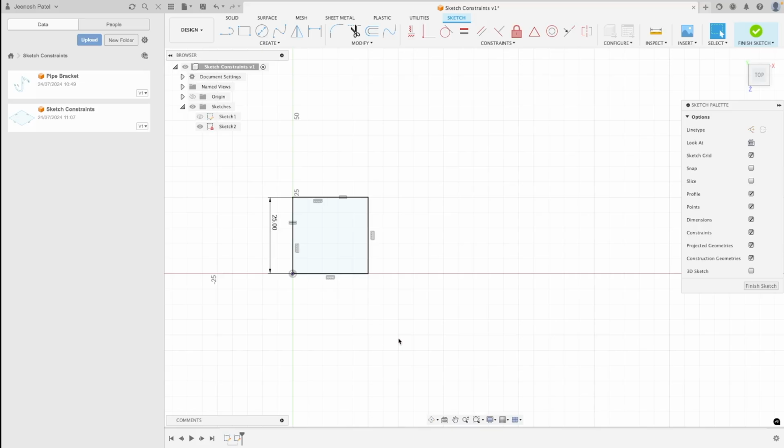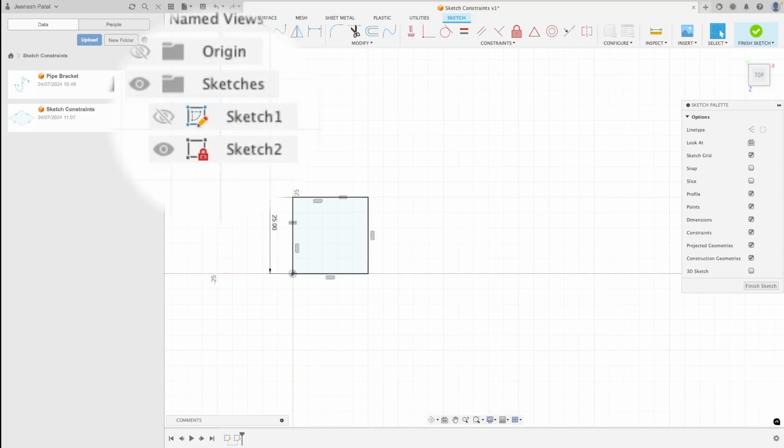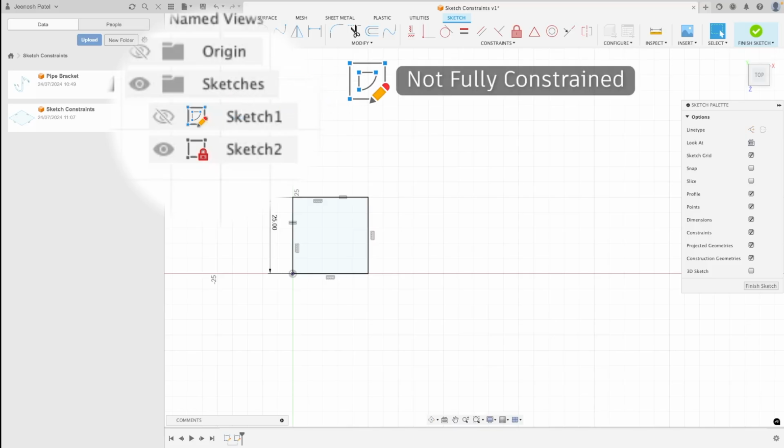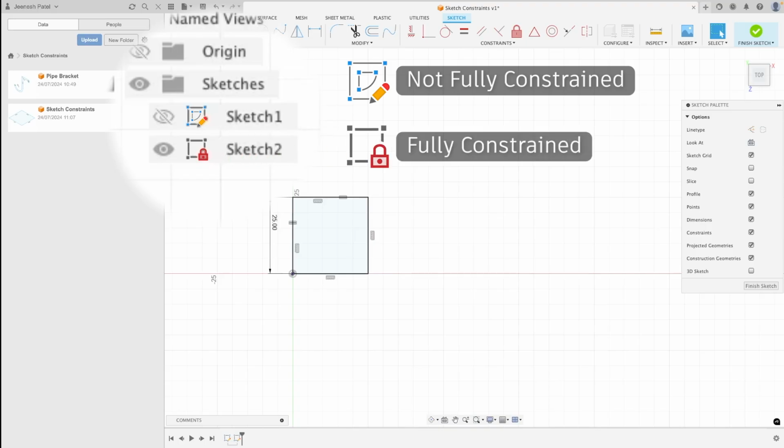Another way to verify if your sketch is fully constrained is by using the browser at the top left of your workspace. Open up the Sketches tab and take a look at the sketch icon. When your sketch is not fully constrained, a little pencil will be present at the bottom right of your sketch icon. When your sketch is fully constrained, the icon will change to a little lock, similar to that of the